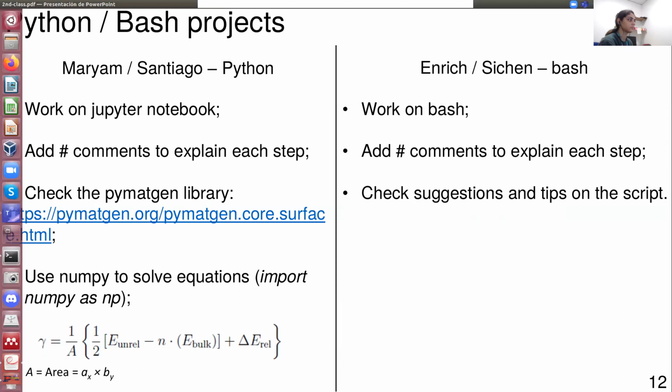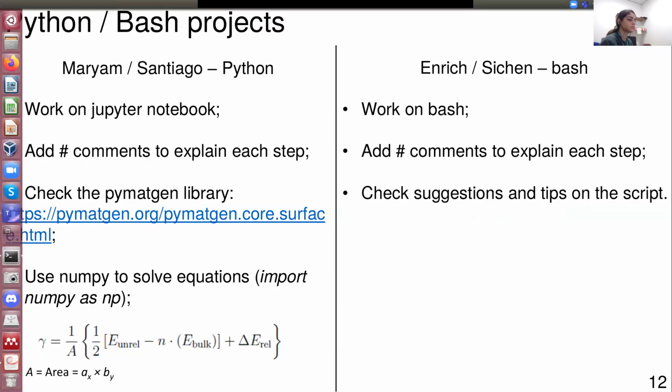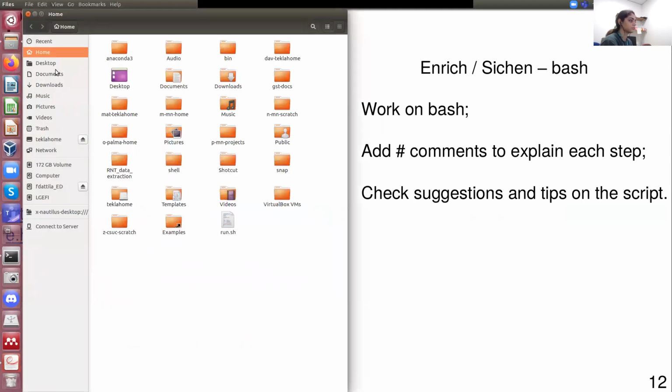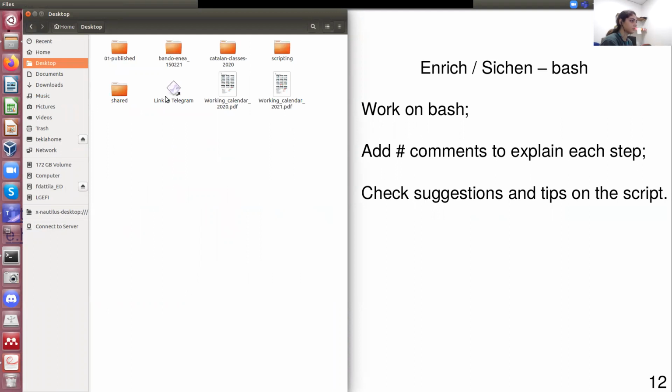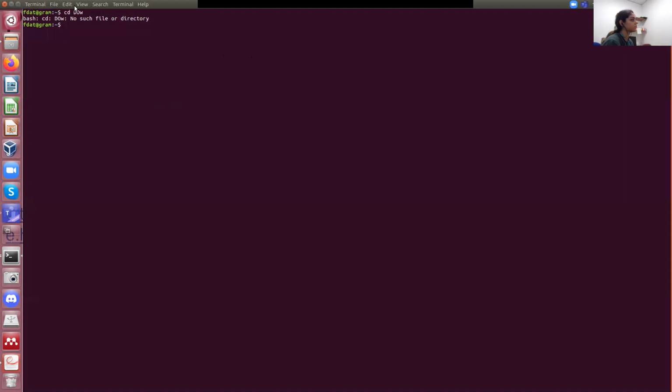Now we will quickly go through the slide. Yeah, we have 4 minutes just to show you what I meant with all the things, okay? So, for instance, yeah, I think I copied them on my third line. I'll start with Santiago and Mariam because it's a bit faster. I need definitely to make this larger because otherwise I will lose my eyes at one point.